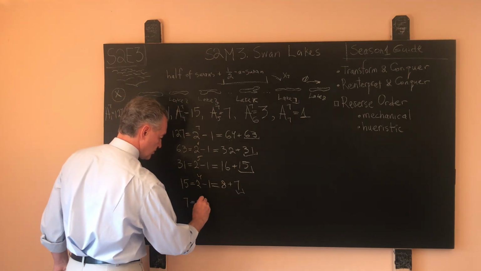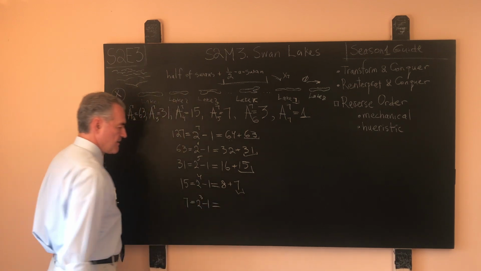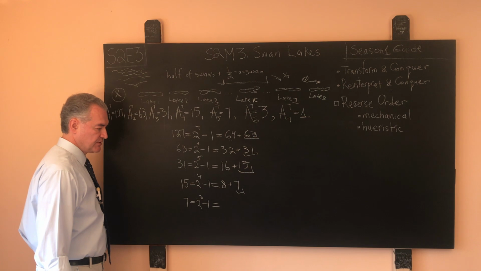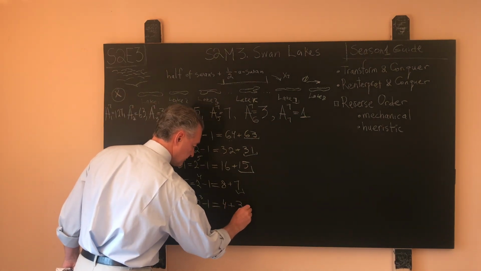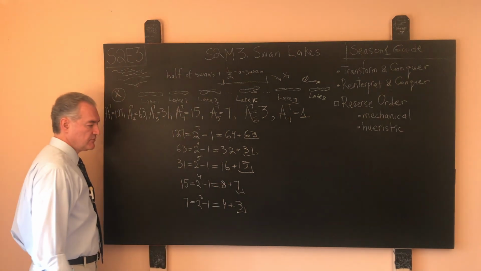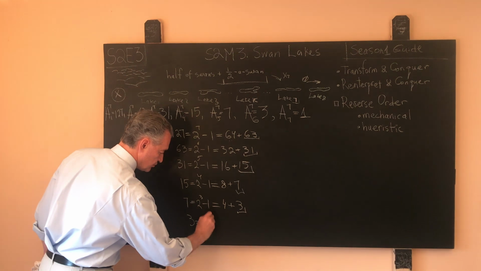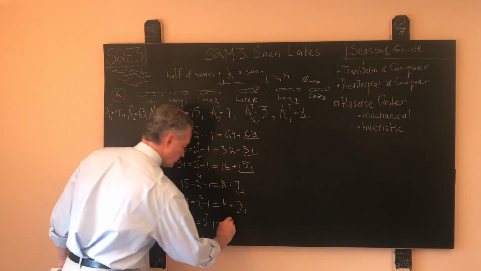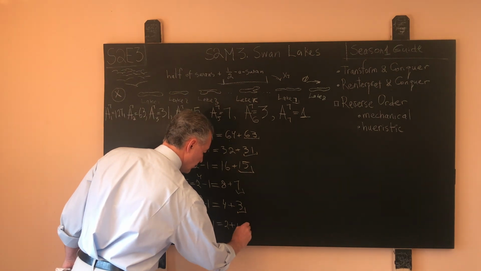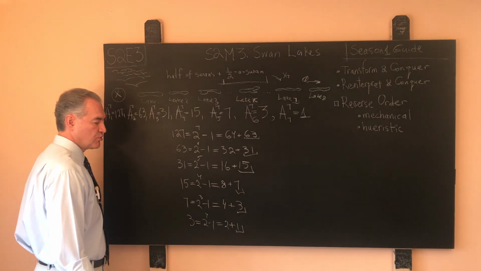We represent it as 2 to the 3rd, 8 minus 1, 7, and this is representable as 4, a perfect power of 2, plus 3. And finally, to the 3, we apply the same maneuver. It's 2 squared, 4 minus 1, and this is representable as 2 plus 1. In our case, one swan approached